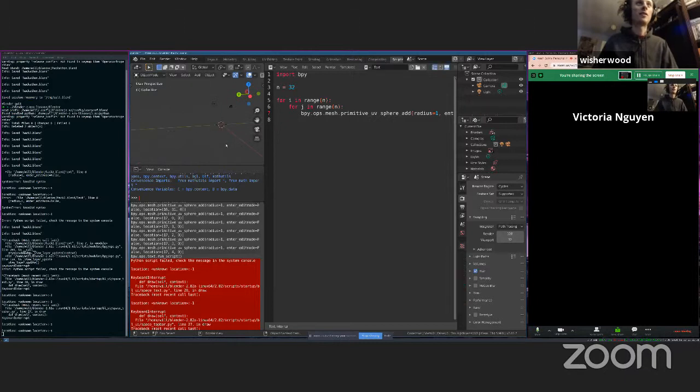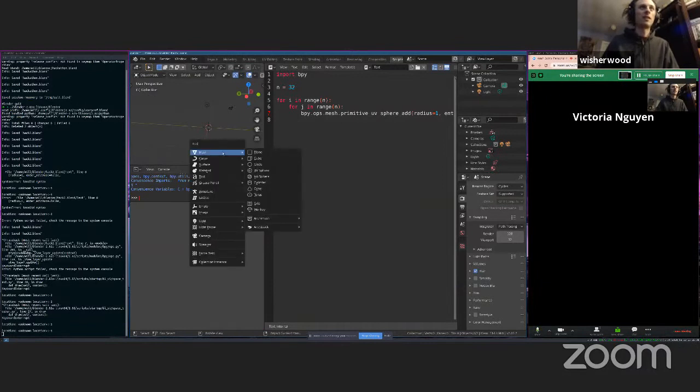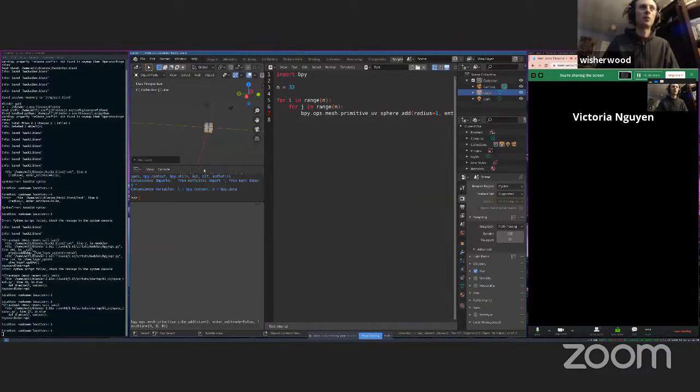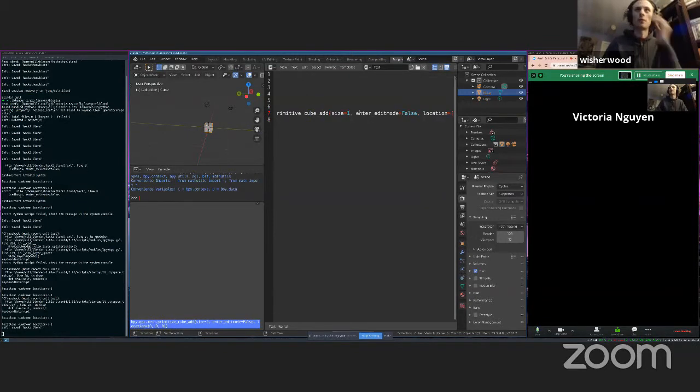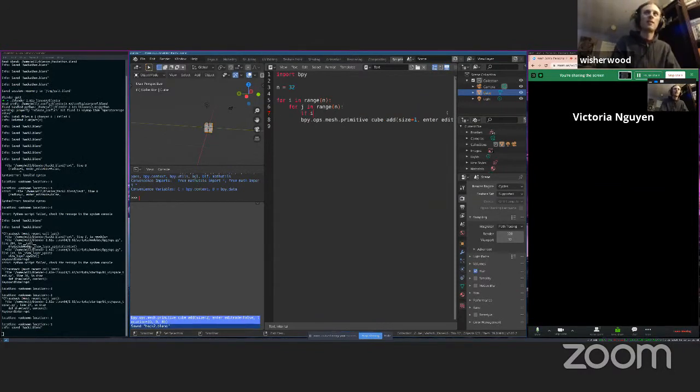So if we undo that, just delete all of these. Now do Shift A to make a cube. Copy this code. I just want to make them cubes because I think it's going to look a little bit cleaner. Let's do size equals 1. Now we'll do the same thing, except we're only going to place a cube if